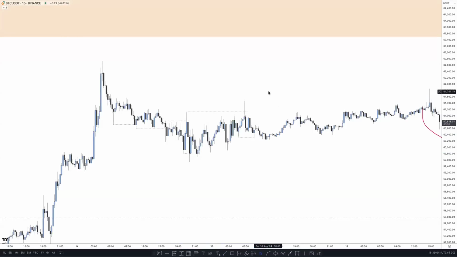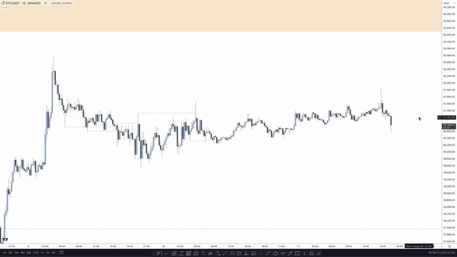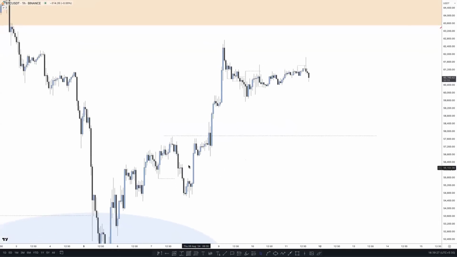So both sides of liquidity are being grabbed in the 15-minute time frame due to lower liquidity compared to the forex market. That's why in the Bitcoin market the previous high or low breaks so many times in different time frames. So I will suggest you use a little bit higher time frame, like at least 1 hour time frame, for better price, so we can understand what is happening here. So this is our 4 hour zone where we are expecting that if price taps on it, we can plan for the buy on this PY right here.